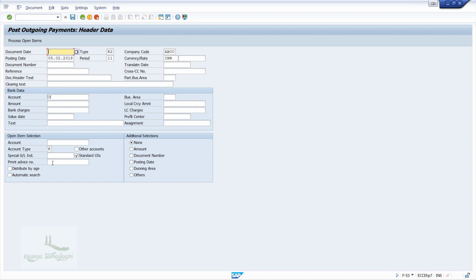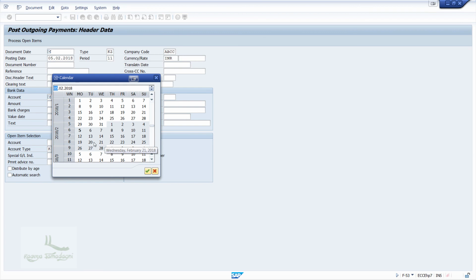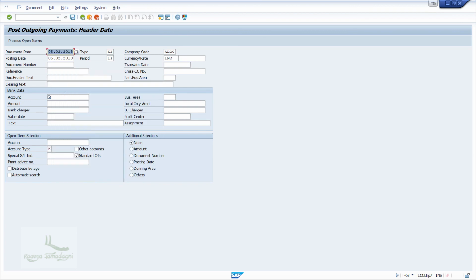You have to make certain entries, that is document date, posting date, company code, currency, and you also have to enter the bank account. Here, we have to specify the amount as 7,000 because out of 12,000, we have received the credit of 5,000 from the vendor as the goods were damaged.